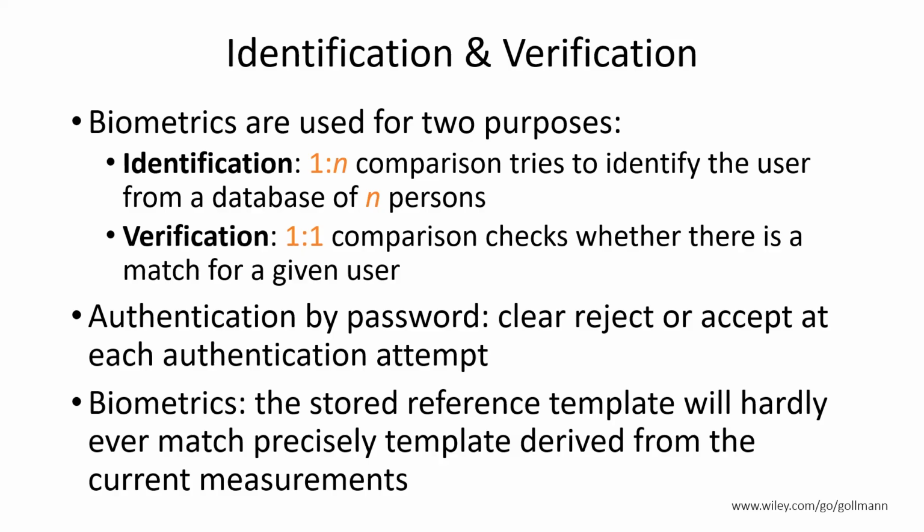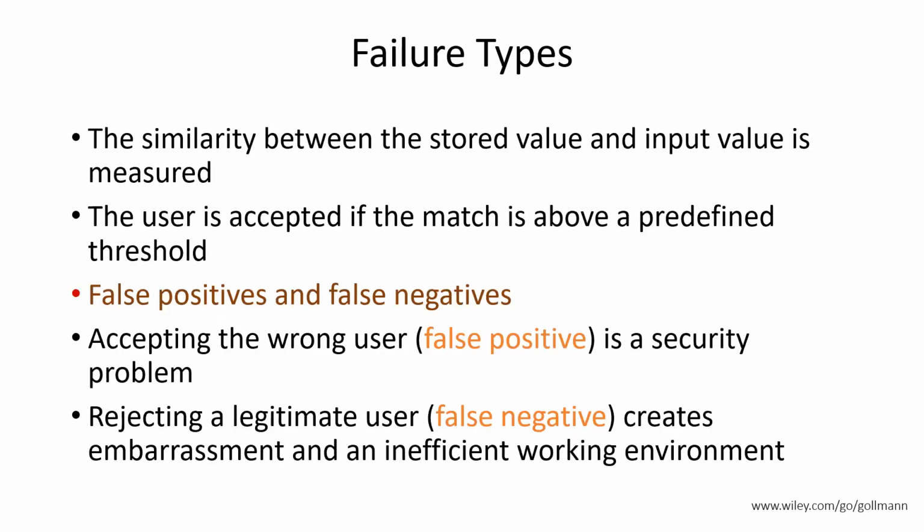So authentication can be a reject or accept, but you have to measure carefully. There are different types of measurements. We have false positives and false negatives. A false positive is that you allow the wrong person in. They do a biometric. We'll pick on fingerprints for a minute. I'll grab your phone that uses fingerprints, and I put my finger on it, and it lets me in. That's a false positive. And that, of course, is a major security problem.